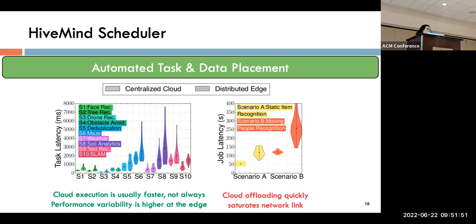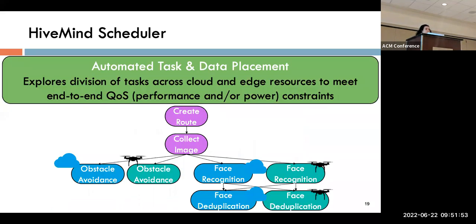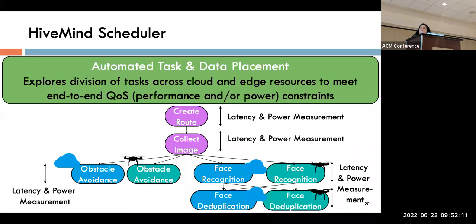So overall, this is something that we don't want to burden the user with, and we want to try and do it automatically as much as possible. HiveMind takes advantage of the fact that we just generated different versions of each task and each task API, depending on whether it runs in the cloud and edge, to do some lightweight profiling of a small sample of each task, identify what is the latency and power measurement, and then from that estimate what performance, power consumption, and cost you would get for different placement strategies. And from that, it selects the one that most closely matches the constraint that the user specified.